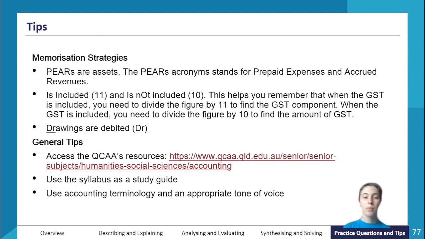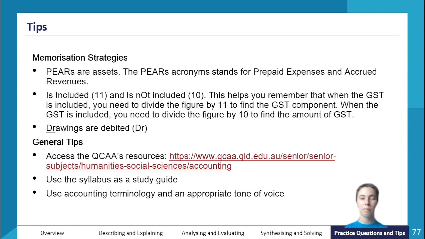So just some final tips with some memorization strategies for those things that we've covered today. PAIRS are assets is something that is really, really helpful, or it has been for me throughout my history doing accounting. So PAIRS stands for prepaid expenses and accrued revenues, 2 of our balance day adjustments. So if you remember that PAIRS are assets and you remember that the other 2 accounts are the accrued expenses and the unearned revenues, you can use that process of elimination to know that those other two